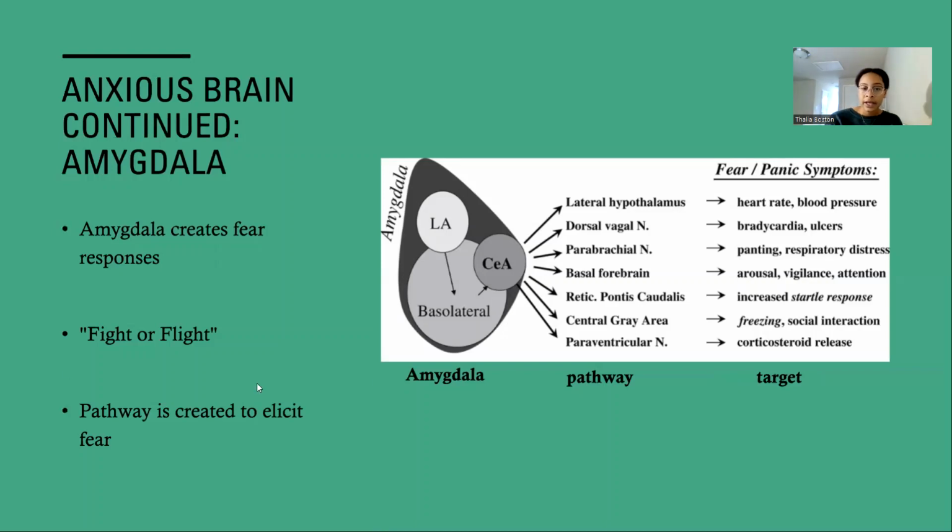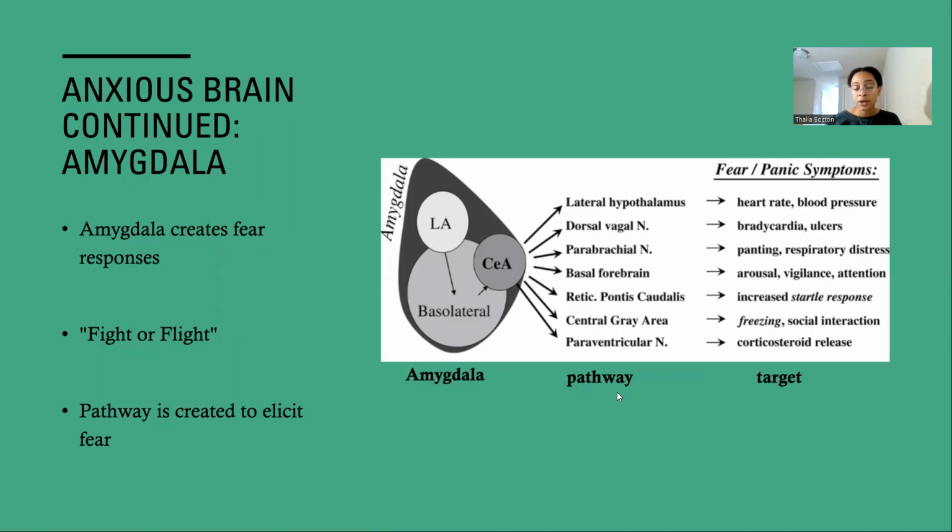And here I just have the image of the amygdala, and the pathway it sends the external stress stimuli to, and what that organ elicits in our body physically and behaviorally. So say the receptors in the amygdala experience a stressful stimulus, it sends it, for example, to the lateral hypothalamus, which increases heart rate and blood pressure. It elicits the fight or flight instinct, because when you're under a stressful situation, you have either those two choices to actually act upon it, or you go into freeze mode.